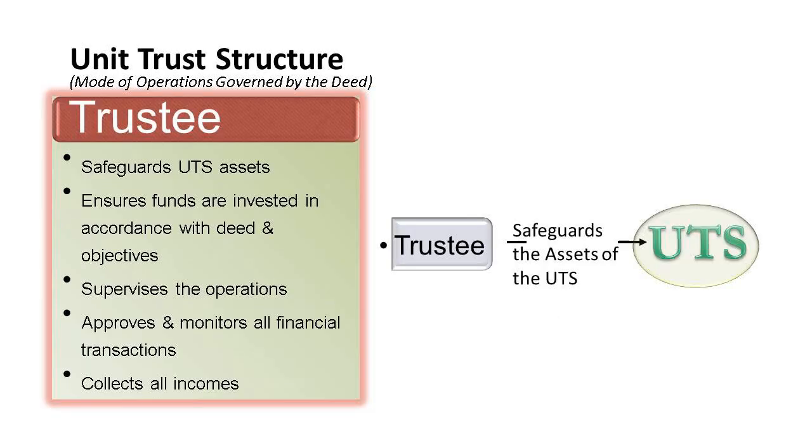Now, trustee. The trustee is the one who takes care of the investment under their name, right? So basically they will safeguard the asset. The asset is under their name. And then they ensure the funds are invested according to the deed and objective. Remember just now the fund manager has to tell the trustee what I buy, what I sell? So the trustee will check whether everything is okay or not, then they continue. If not okay, then they will highlight the problem, so the fund manager will rectify the error.